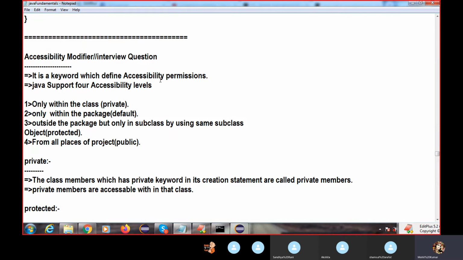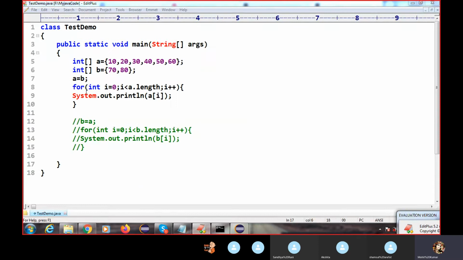Java supports four levels of accessibility modifier. Private means you can access it within the class only. We cannot access that member from another class or outside the class. Then we have access only within a package. This is the default. If you are not giving any accessibility modifier, as you can see I did not give any here, this is called the default accessibility modifier.